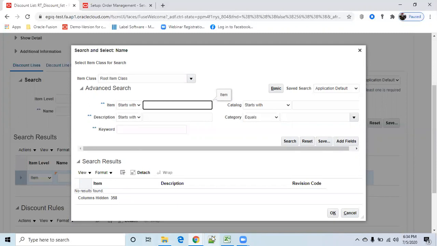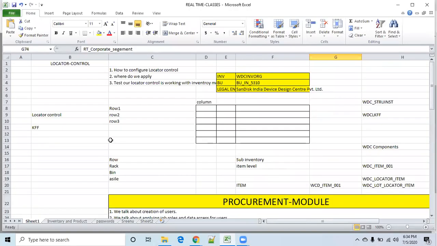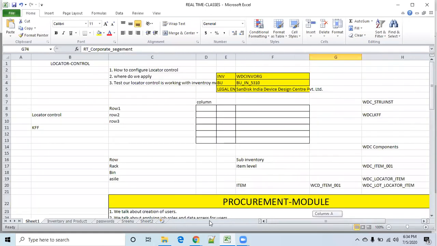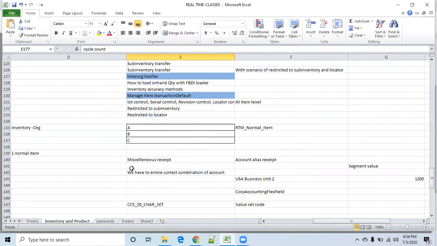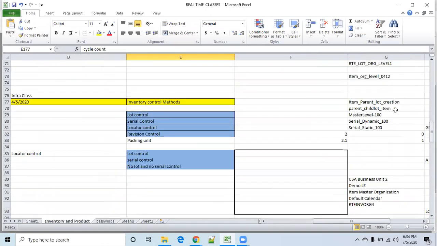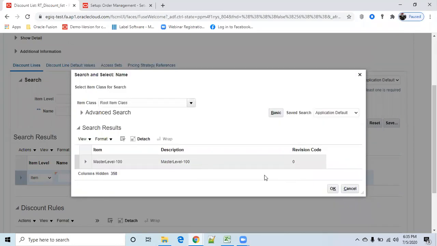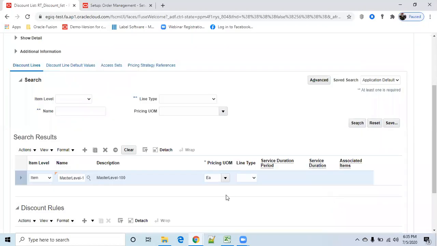We created a lot of items, right? Let me open. We have something like master level. Let me try this master level. Okay, select this. The price UM is each and the line type is buy, whenever it is buying.